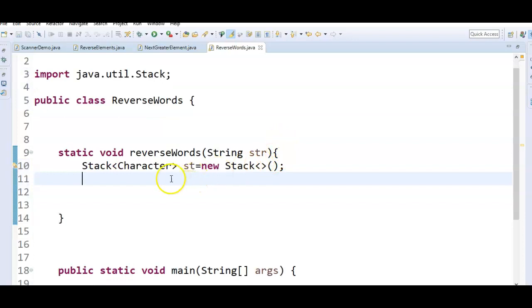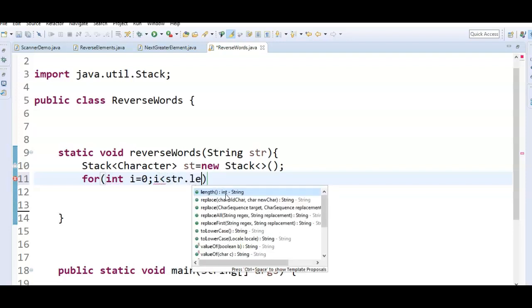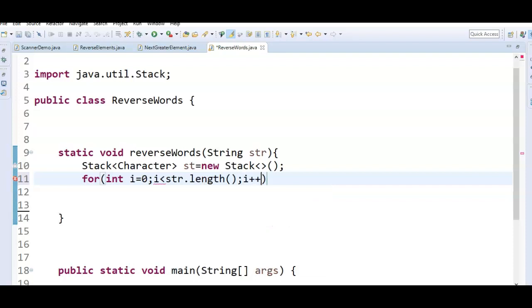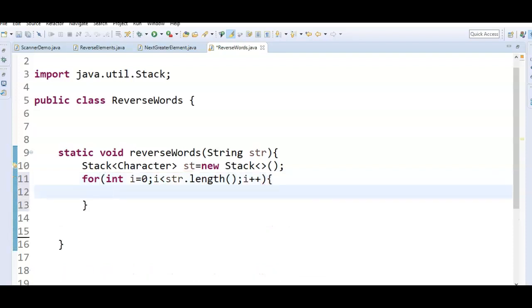So here we have created a stack, and then we are going to iterate through the string. How do we iterate? For int i equal to 0, i less than str.length, i plus plus.